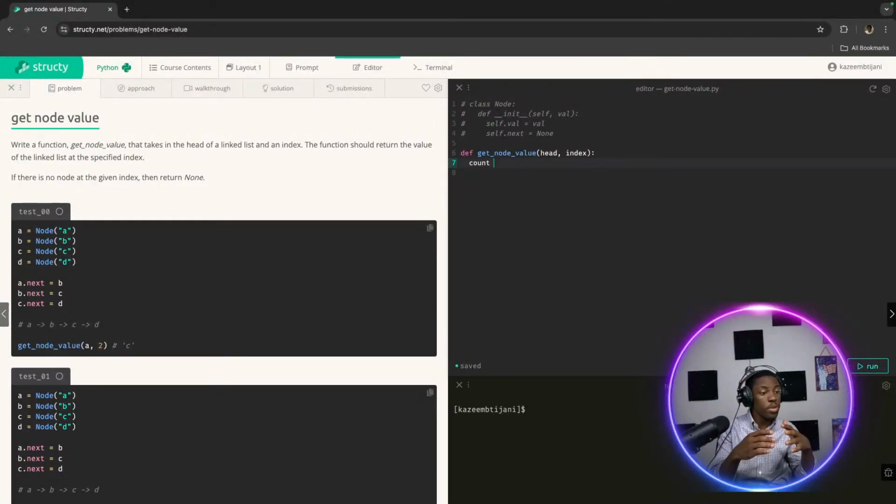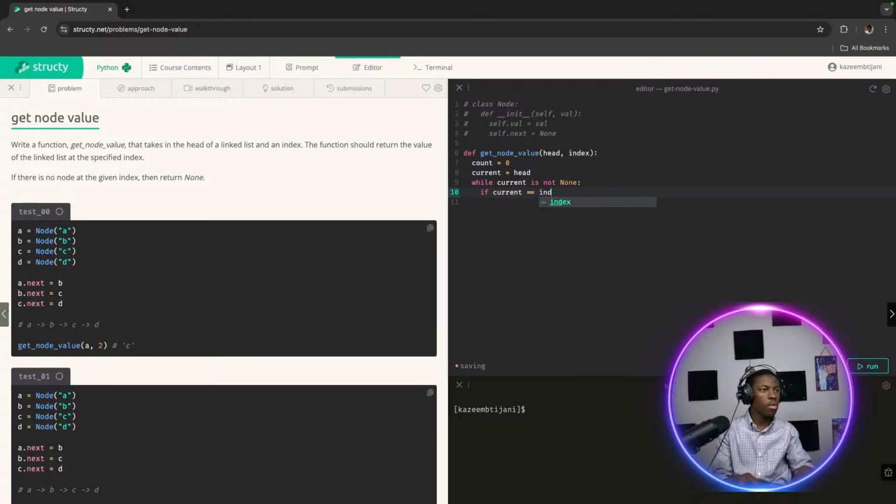To be able to use the count, I set it equal to 0, and then I say my current is equal to head, and then I say while my current is not null, if the count is equal to the index,